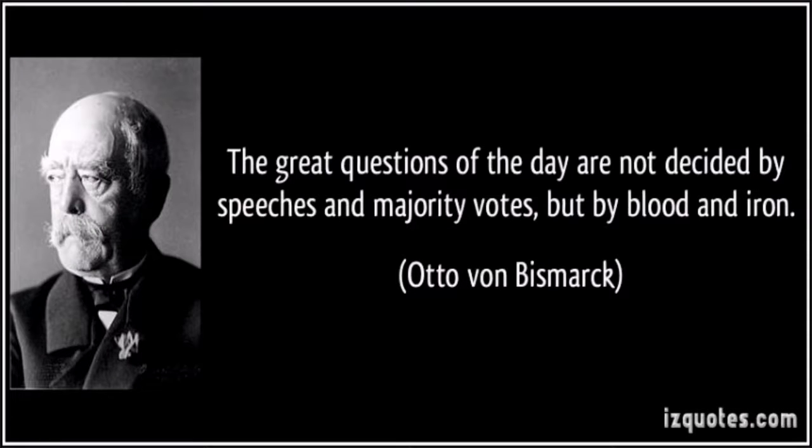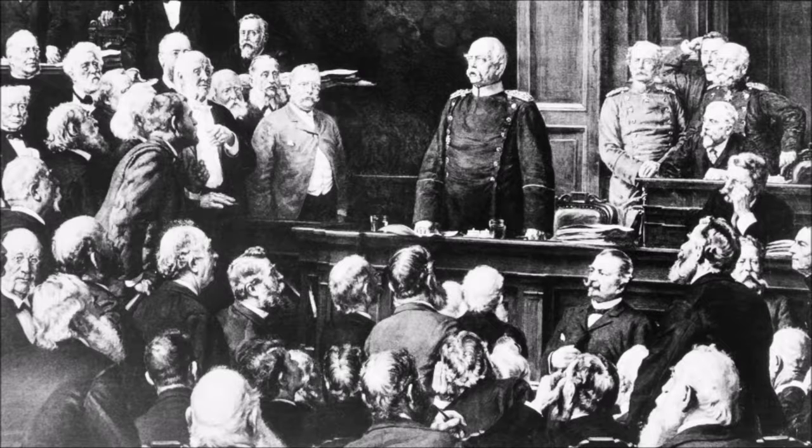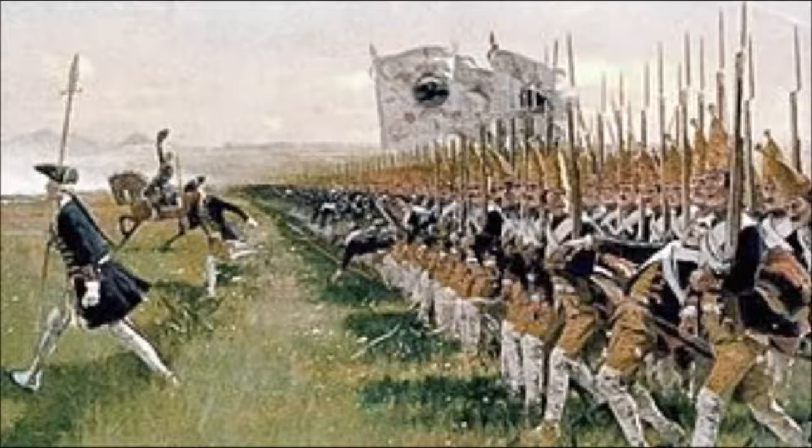Otto von Bismarck. "The great questions of the day are not to be solved by speeches and parliamentary votes, but by blood and iron." These were the words of Bismarck after he was appointed as a minister, which clearly sounded the change which would be introduced in Germany. He had definite views regarding Germany's unification, and they were supported by King William I.